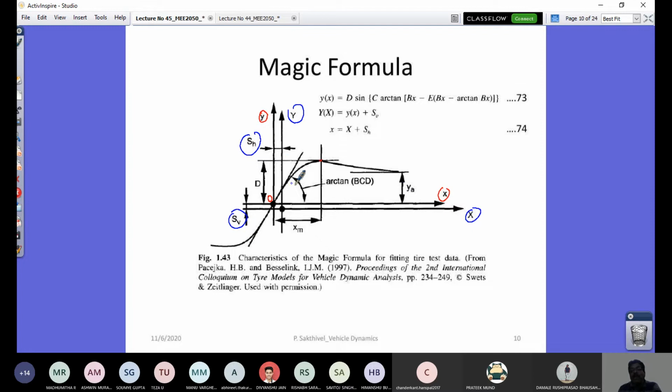In order to account for this unsymmetric nature, which is because of ply steer and conicity effect of your tire, what are those? I'll explain. To account for that, you have your axis shifted by SH and SV, right? Those data will be provided by the formula